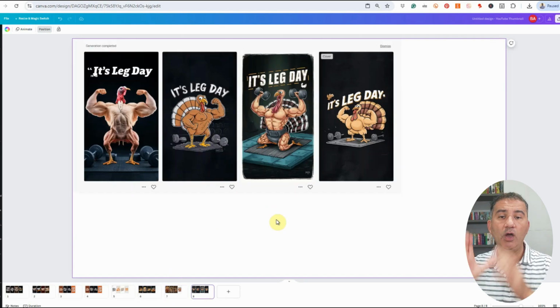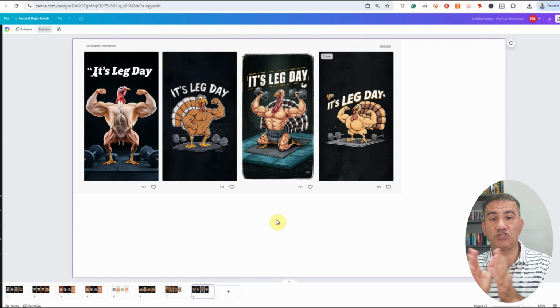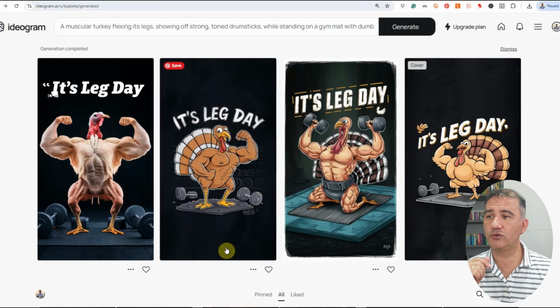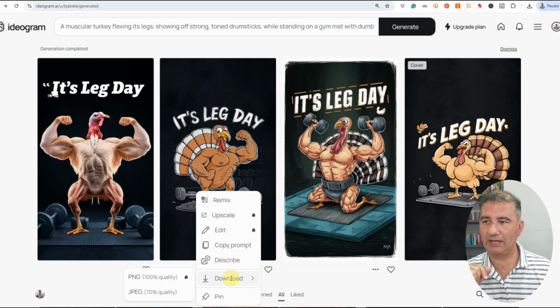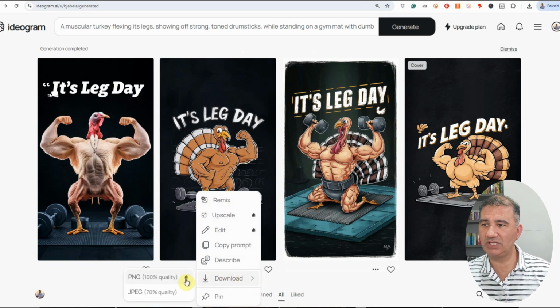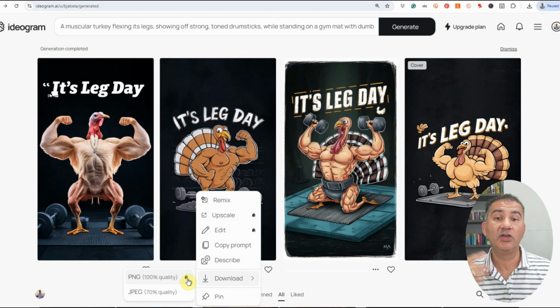Now, once you have all your designs, you want to make sure that they're downloaded to your hard drive, and then you're going to upscale them. Why? Because when you are using the free version of Ideogram, if you click on the 3 dots below to download, as you can see, PNG, there's a little bit of a locked icon here. So in order to be able to download it as a PNG with 100% quality, you have to take a